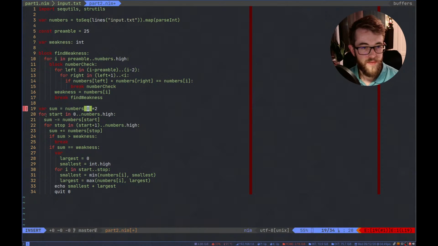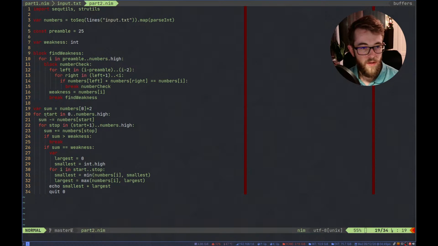Oop. 0. That would break out of there, then it would take the sum out, and we could then start this at wherever this broke off from.